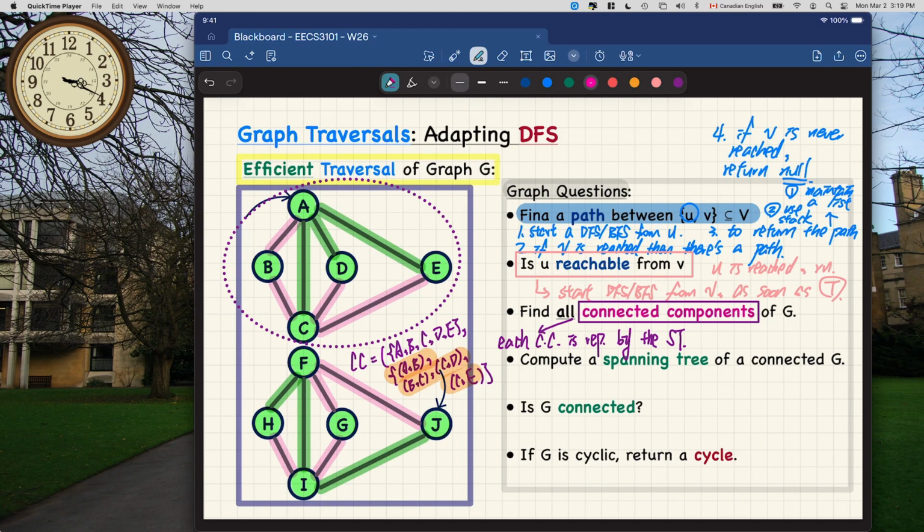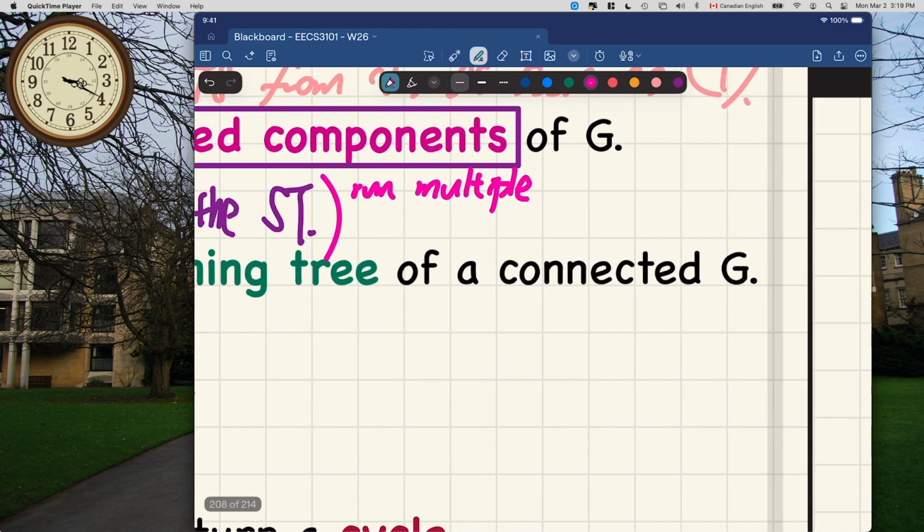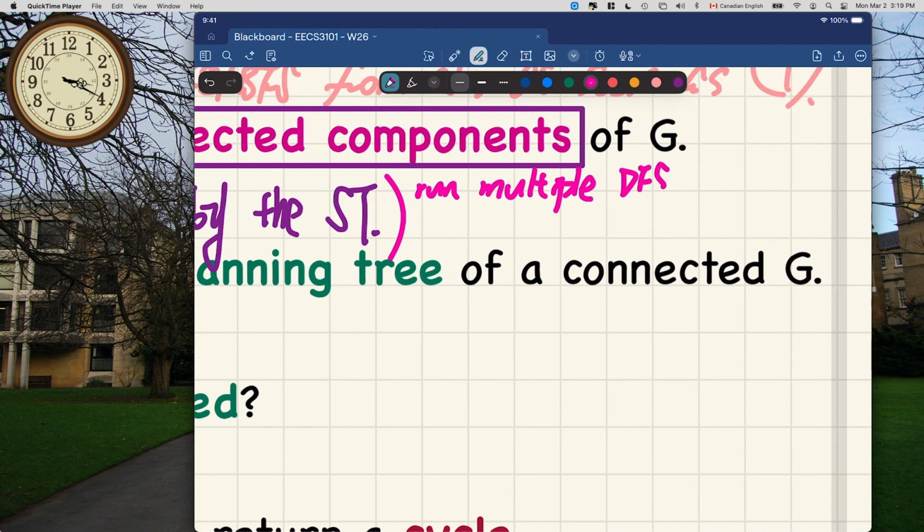I'll give you a little bit of note hints over here. What you do is run multiple depth first search or breadth first search. Each run